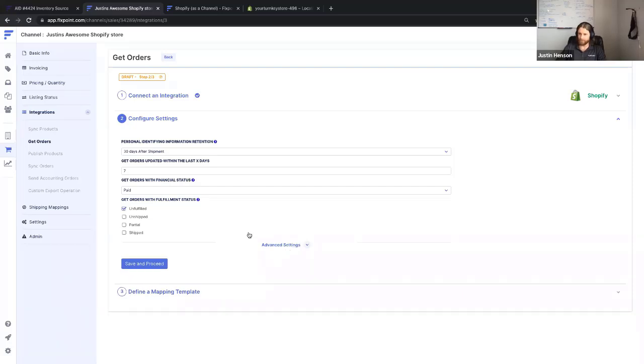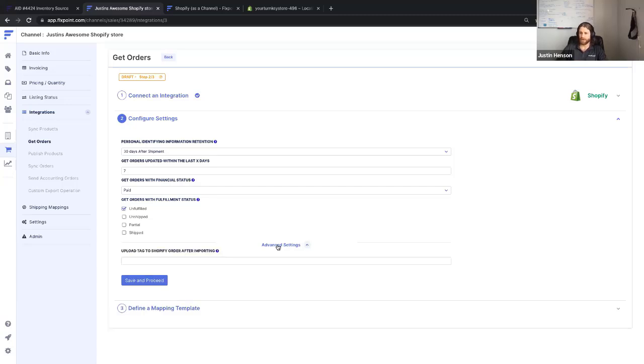Then there is an advanced settings drop down here. Some channels have a few more options. On Shopify, we have the ability to upload a tag to the order after we import it. So maybe you have a team of folks working directly on your sales channel, and a few other folks working directly in your Flxpoint dashboard. So this is a good way to say,